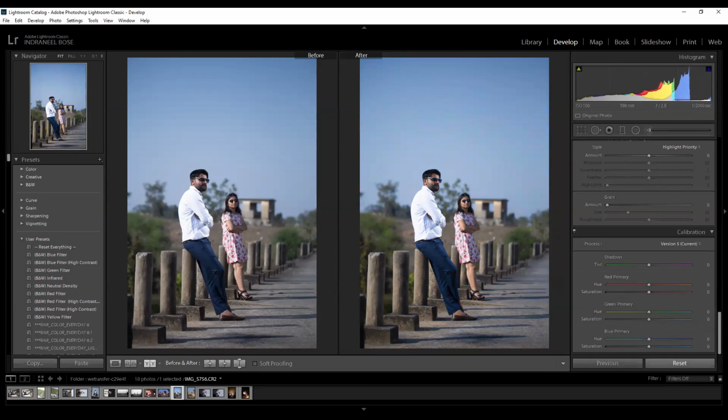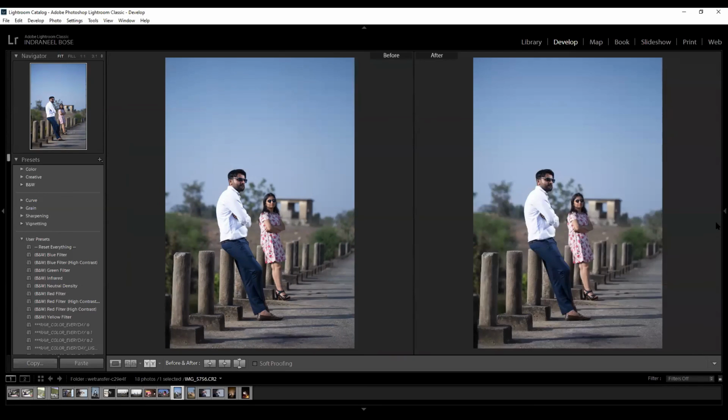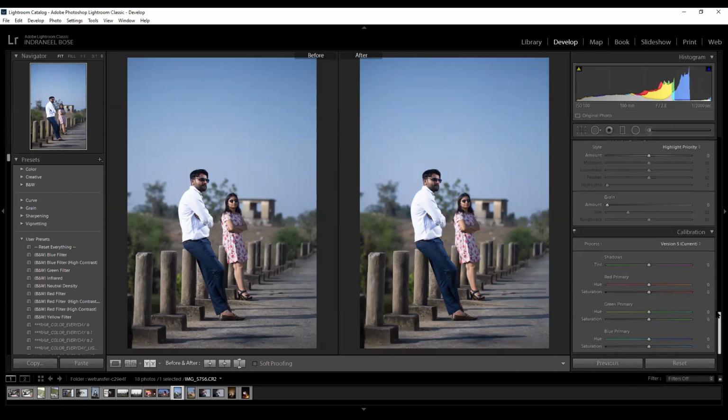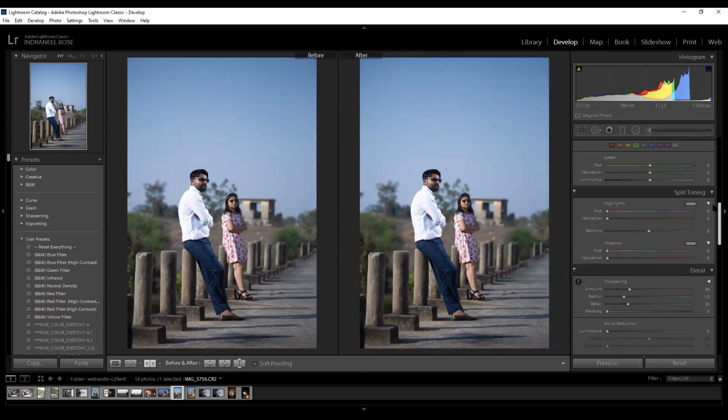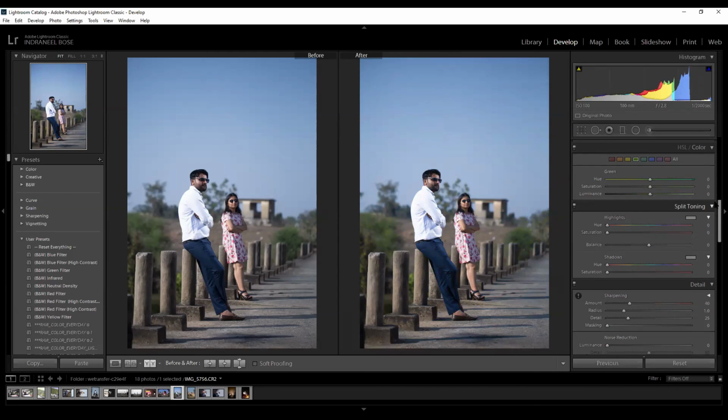Suppose I don't want to change my main image, I mean the main subject. I just want to change the color of the screen. So with these tools, it is possible. No, you already have one more option over there. What option? That is a local adjustment. That's why I was constantly asking you.